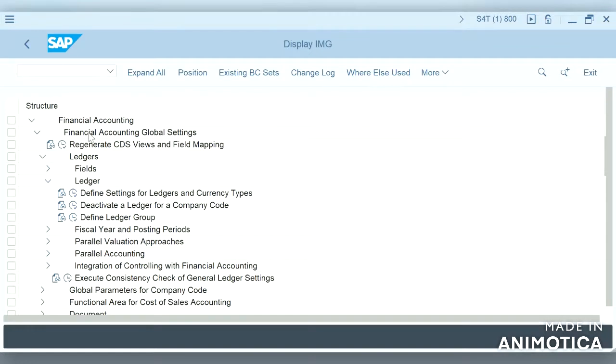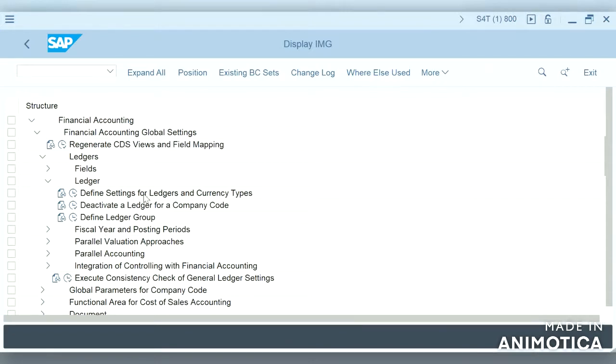So if we see here, it is Financial Accounting Global Settings, Ledgers, and within Ledger it is Define Settings for Ledgers and Currency Types. In ECC we have seen the currency types was in the second node. Deactivate a Ledger for a Company Code, Define Ledger Group.